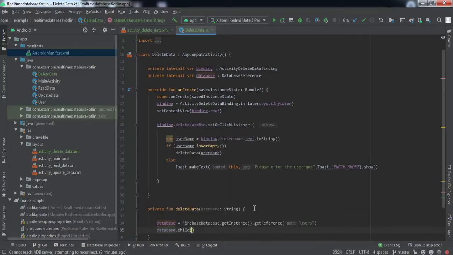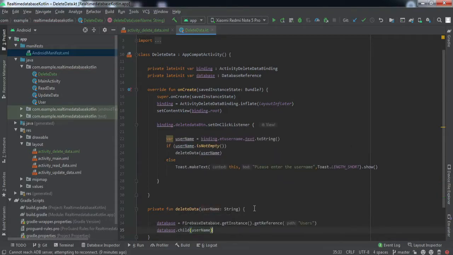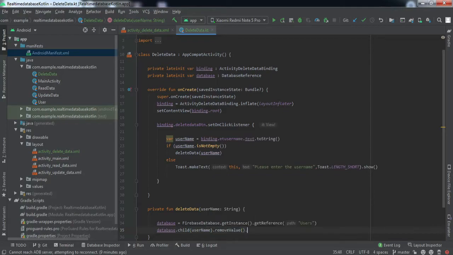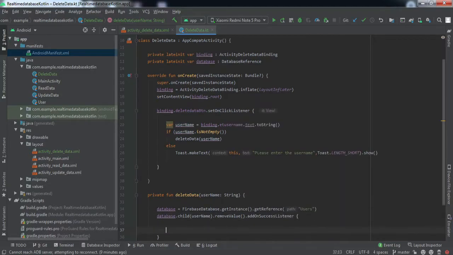Now we'll just refer to the child, and the name of that node will be the username entered by the user, and we'll use the method remove value. Now we'll set the on success listener, right? And here we'll raise a toast.